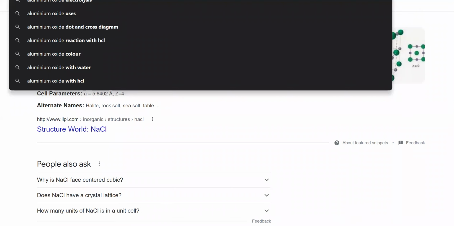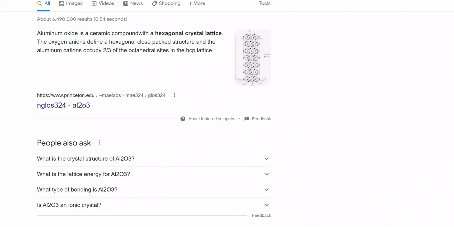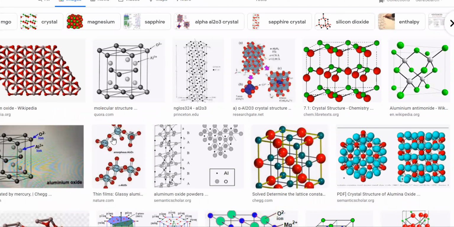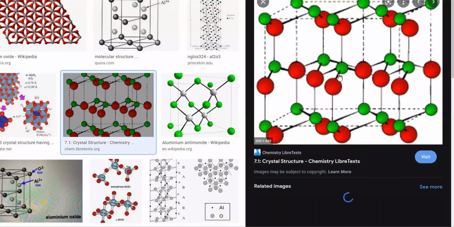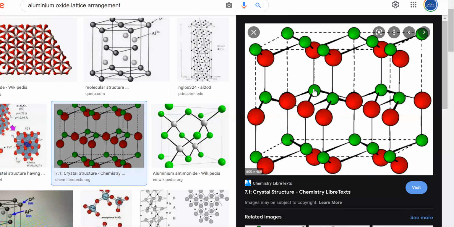तो जो NaCl होता है उसमें भी साइज में डिफरेंस तो होता होगा ना? हाँ, Na छोटा होता है, Cl बड़ा। अब ये एल्यूमिनियम ऑक्साइड की अरेंजमेंट है। इसकी अरेंजमेंट देखो, ये क्यूबिक नहीं है। मेरे ख्याल से रेड वाले ऑक्सीजन हैं। तो एल्यूमिनियम आयन है, फिर ऑक्सीजन आयन है।